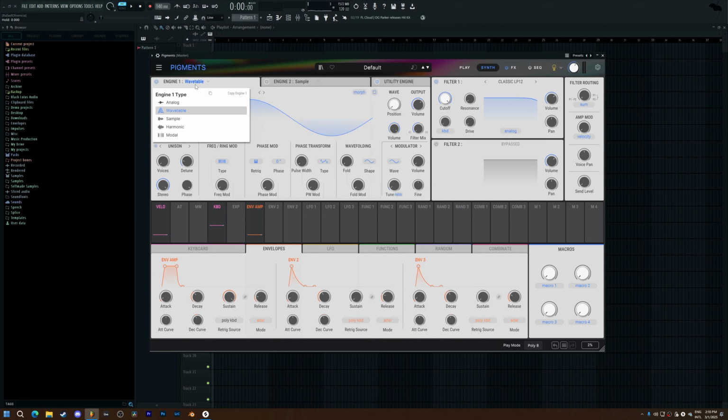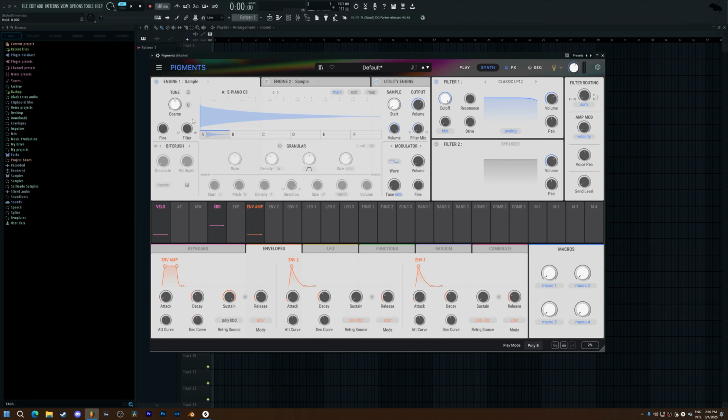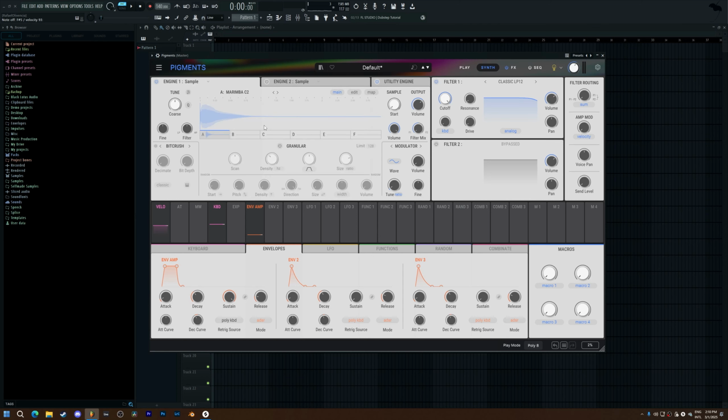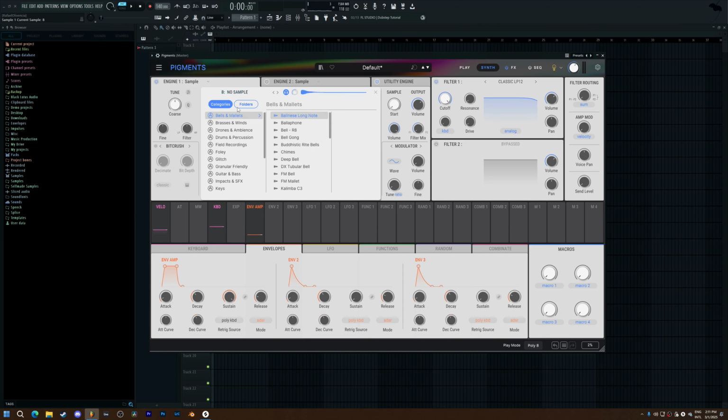So continuing to our next engine type, we have our sample engine, and this basically works as a sampler. And what you can do here is load samples. Pigments comes with a whole library of samples, and you can preview them by clicking before selecting. So let's, for example, select this marimba, and we have up to 6 samples that we can select here. So we can create some really cool sounds here. So if you select various,